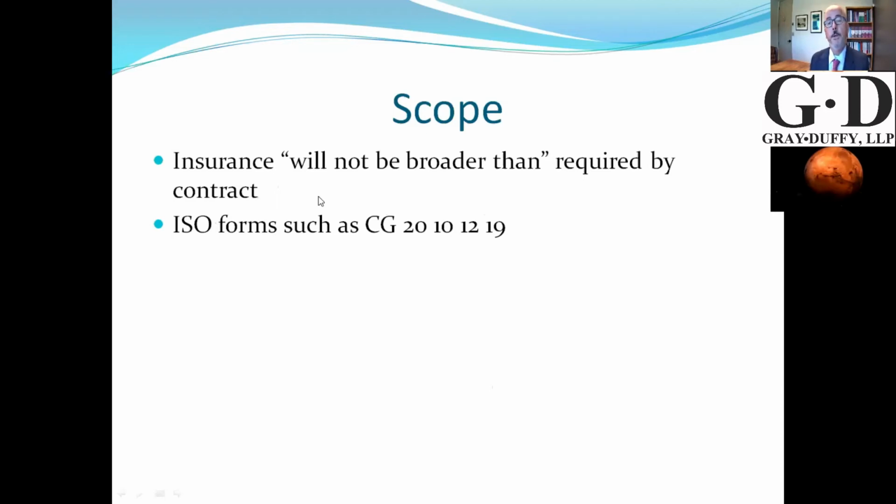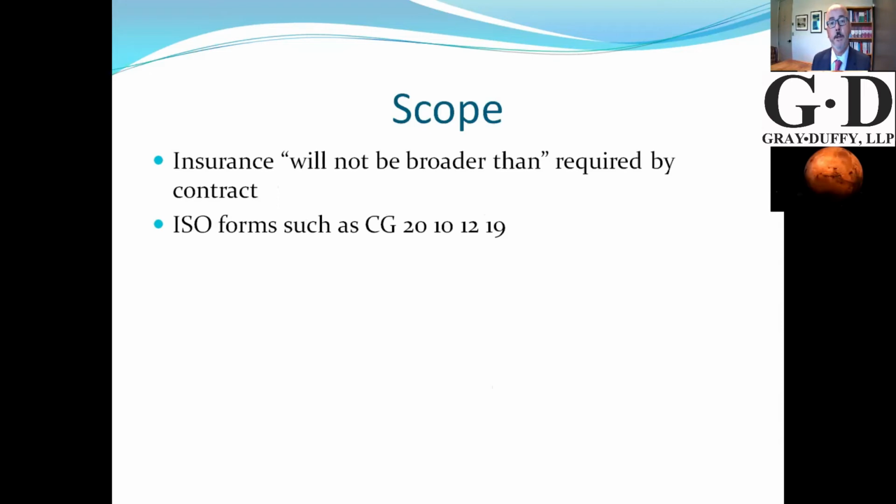Another issue about scope that's provided in the more recent endorsements in 2013 and later is the stipulation that the additional insurance provided will not be broader than that required by contract. The problem that this is meant to address is that under the original additional insured endorsements would basically add the additional insured and not have any